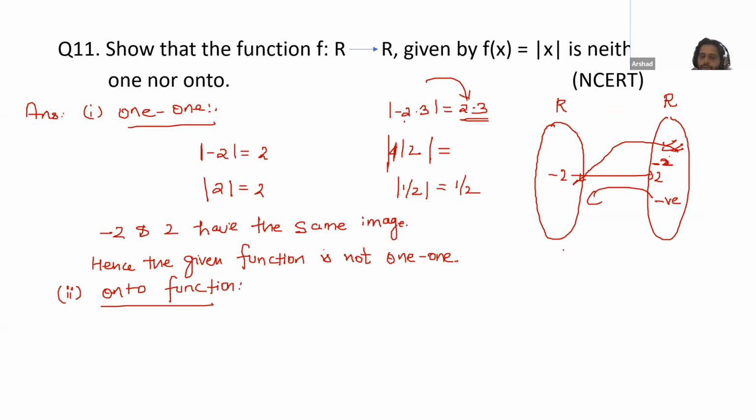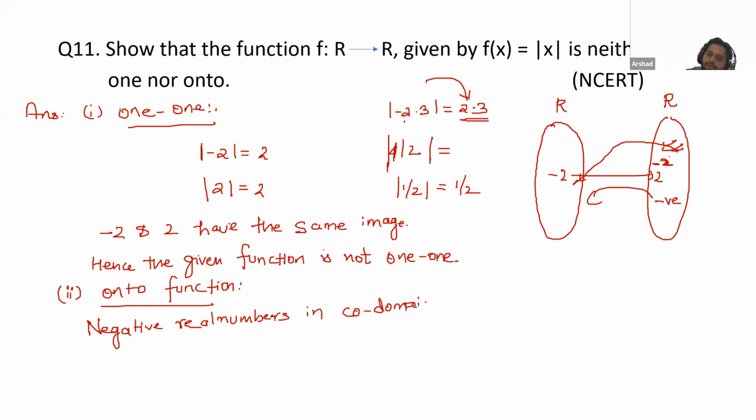Yes, now you are correct. So that means negative numbers do not have their pre-images. You can write it like this: either you can give an example, as Abdur has given -2 and Fahad has given -2 by 3. So you can say that -2 does not have its pre-image, -2 by 3 does not have its pre-image, or you can say negative real numbers